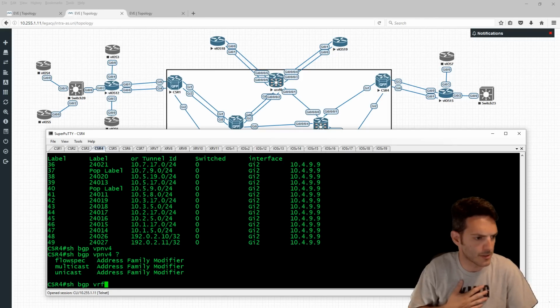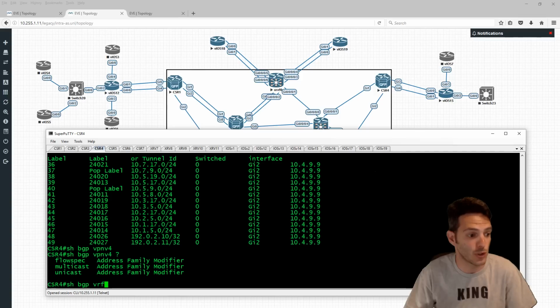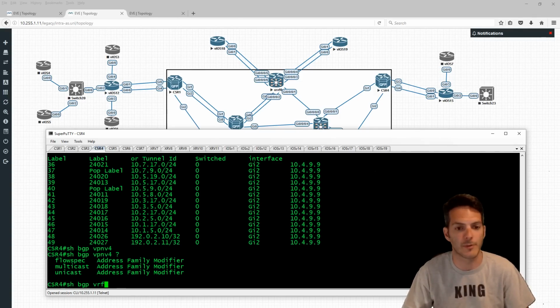So Muhammad asks, why do you use IOS XRv 9K and CSR? Can't use Dynamips? What is the difference between XRv 9K and CSR? A huge difference between the two, completely different operating systems. So Dynamips can do some things, like if you're in the routing and switching track, it can do a lot of your routing